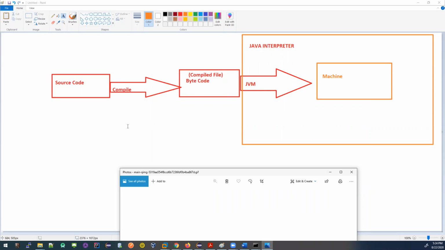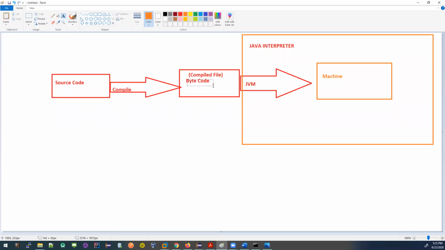It's not like the regular machine. Now, if the Java virtual machine can understand this code, then how about the actual machine? The JVM has to execute it for the computer. When the JVM executes it, it uses another concept, the Java interpreter. This is another code. We are not calling it source code. We are calling it bytecode. But bytecode is actually another source code for the Java virtual machine.